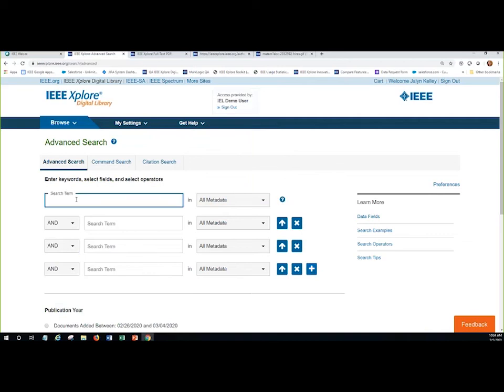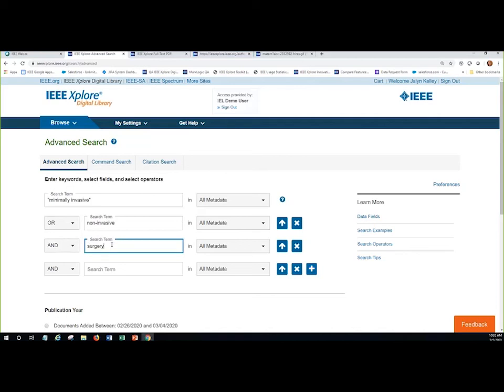And when you're searching in Xplore, if you enter 2 or more terms, it automatically ANDs them together. So if you want to get an exact phrase, you would want to put it within quotes, as I've done here. So by telling the database, I want the exact phrase "minimally invasive", it's going to only find documents in which those 2 terms appear right next to each other. And then I've used the OR operator to search for a synonym, non-invasive. And then I'm going to add an additional search term here.